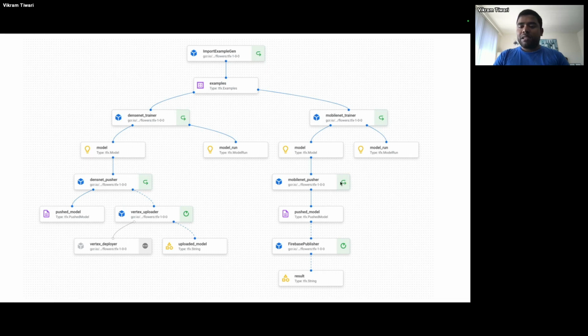On this side, this is a mobile-based model. So this is a bigger model which runs on the server side. This is Vertex AI, Vertex is the server. On the MobileNet side, this is a smaller model. Same data, but being trained for a smaller model, because this actually goes onto Firebase, which means it's going onto the end user device. So this pushes the model to the user's device.